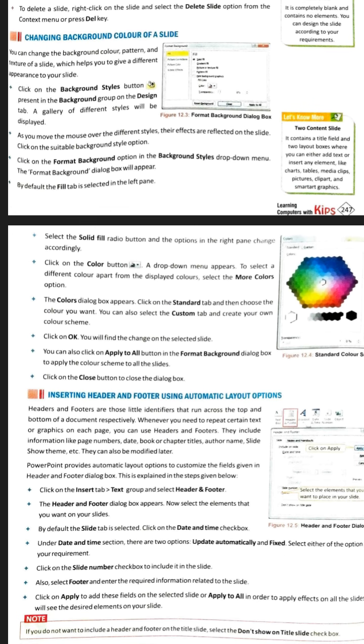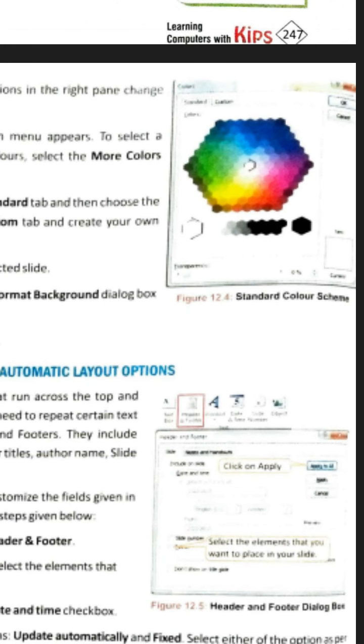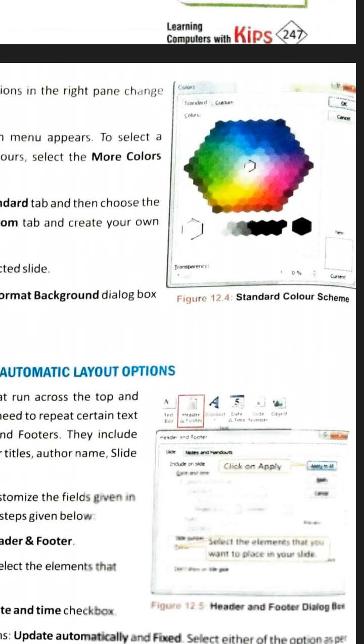Changing the background. If you want to change the background of the slide, you can change it. For that, you have to click on the design tab, and under that you will find an option, format background. When you click on the format background, this dialog box will come to you.